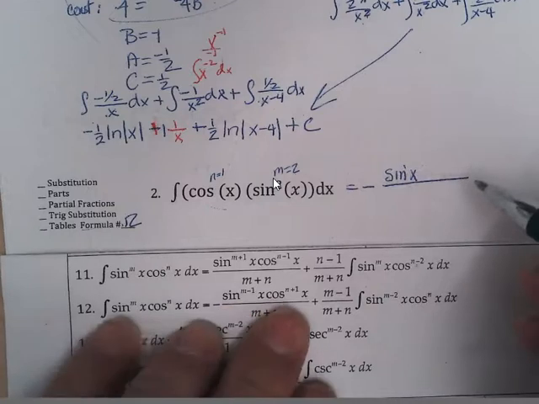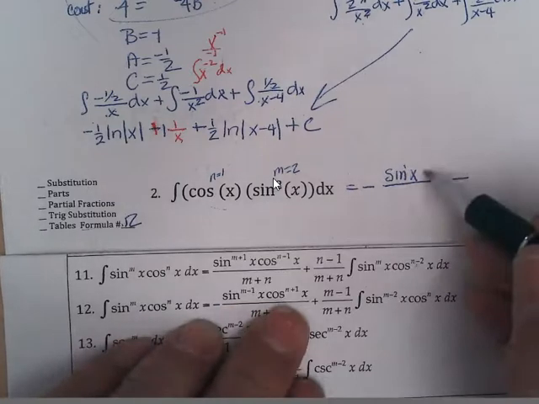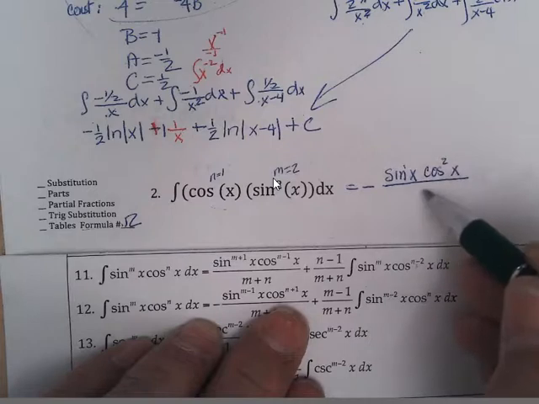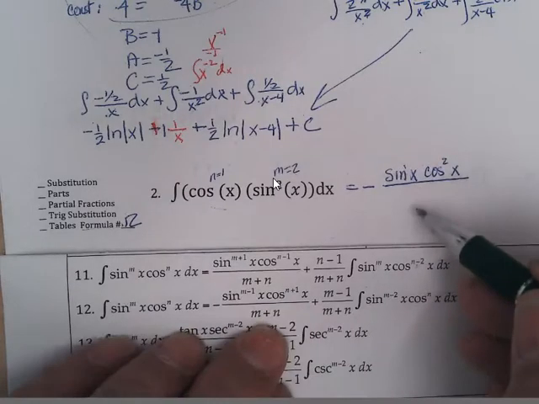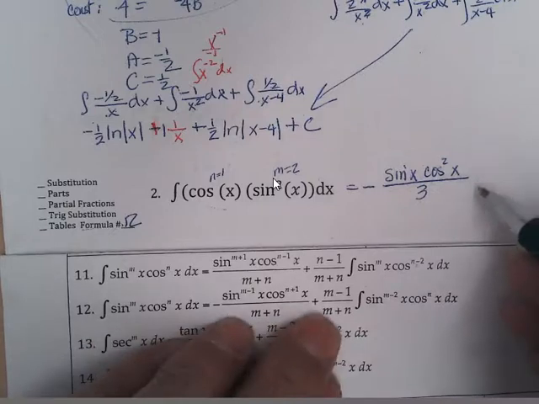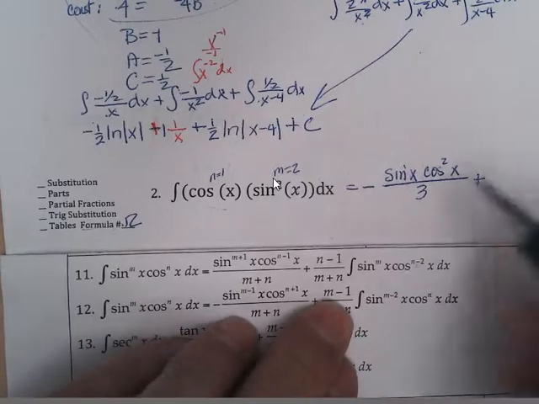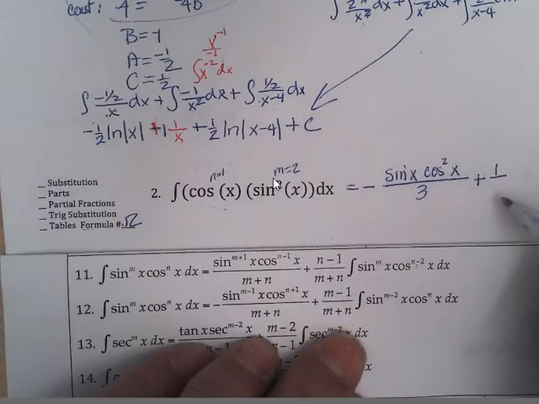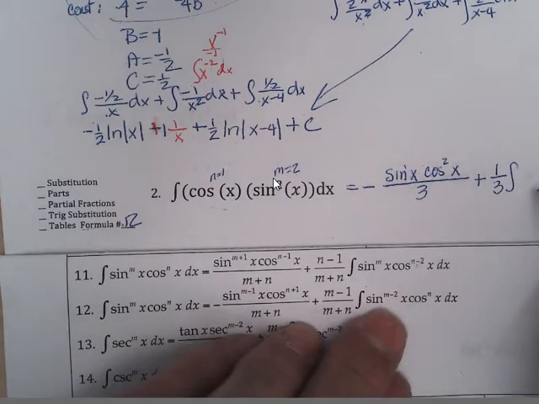And 1 more on the cosine, so that was 1, so it goes to 2, over m plus n, which is 3, plus m minus 1, so that's 2 minus 1, which is 1, over m plus n, 3, antiderivative of